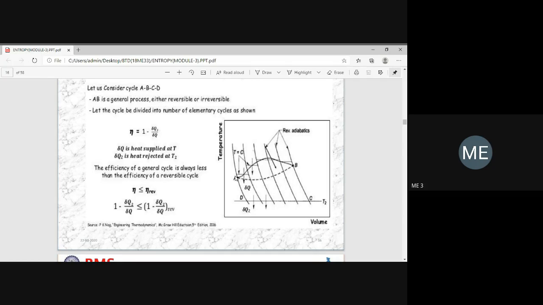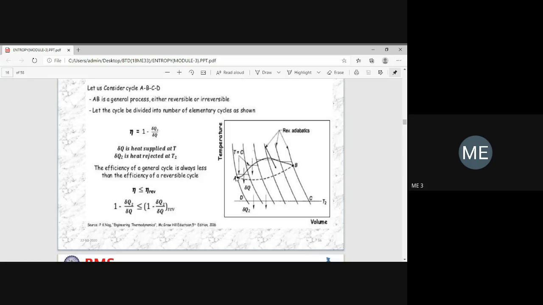First AB is any general process, then we are going to cut this process by a number of reversible adiabatics, and then we have one more line. This is a horizontal straight line, so this is a constant temperature process. These three lines we have to draw. First AB the general process, then these reversible adiabatic lines, and finally the constant temperature line. Now ABCD is a cycle